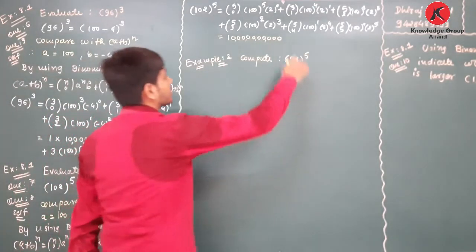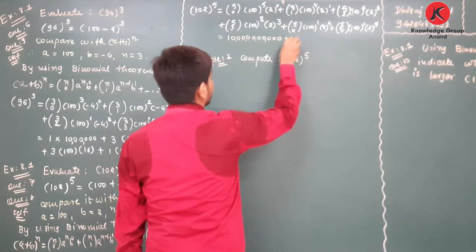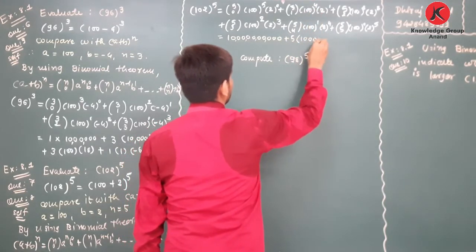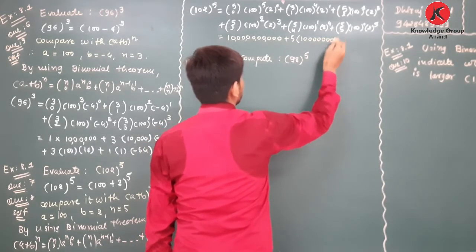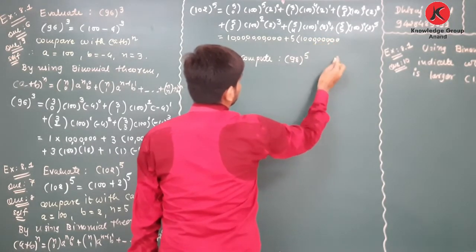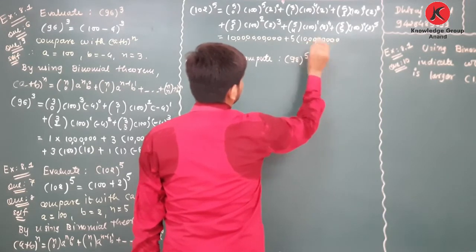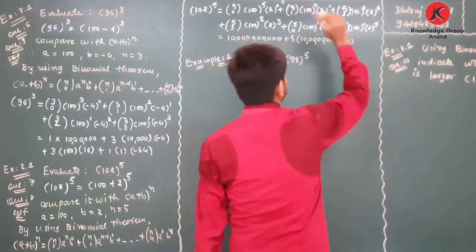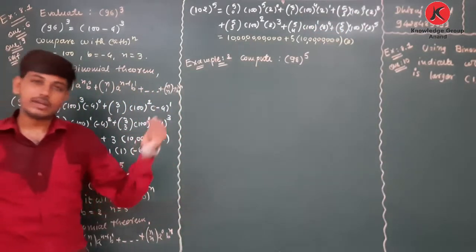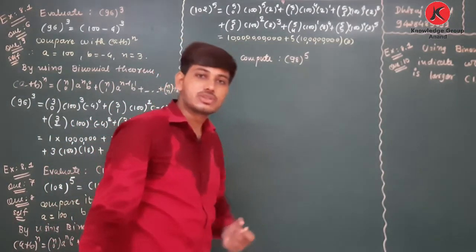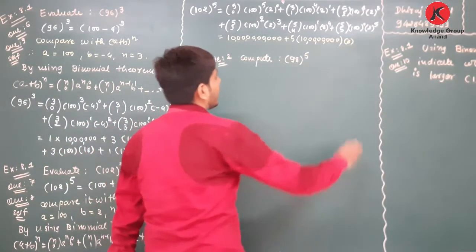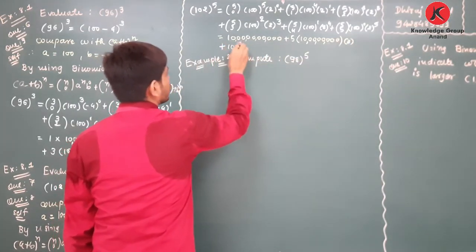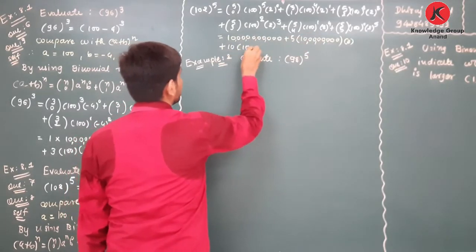Now you can also simplify 5C1, which is 5, into 100 raised to 4, that means 8 zeros: 1 2 3 4 5 6 7 8. Okay, next, 2 into 2 raised to 1. Next 5C2 will be calculated: 5 fours are 20, by 2 factorial means 2, 20 by 2 is 10. So plus 10 into 100 raised to 3, which means 10 lakhs,